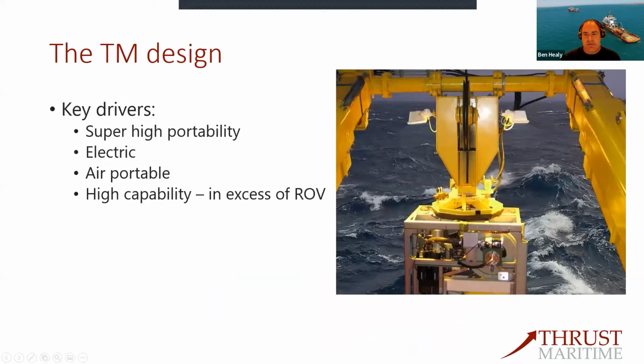So our design drivers were essentially to have something which is super high in portability, electric and air portable, and high capability. So we wanted to be able to outperform ROVs, or remote operated vehicles. And one of the reasons behind going towards electric was that in order to achieve proper air portability,